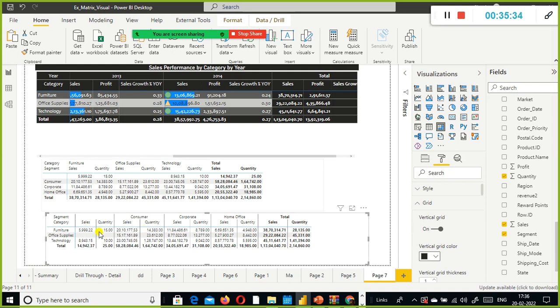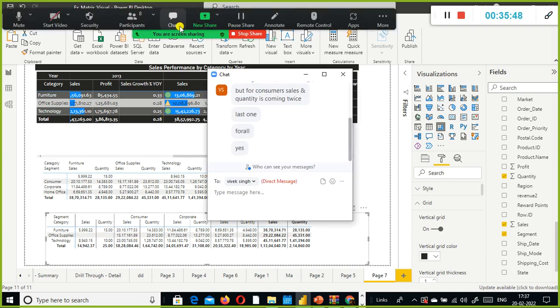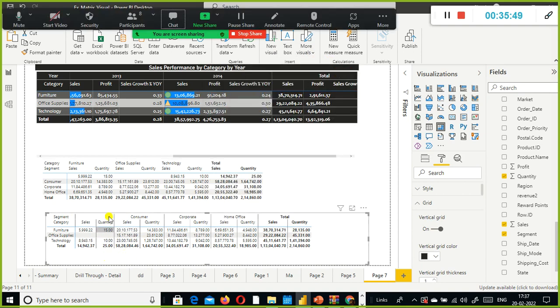Okay, you are talking about this one, right? I think there are some blank values. Because of the blank values, it is not showing anything. This is for blank values, so you ignore this one. Okay, this is what you are concerned about, right, Vivek? Yes. Yeah, this is due to blank values. Good, you are able to catch this one. This is due to blank values.